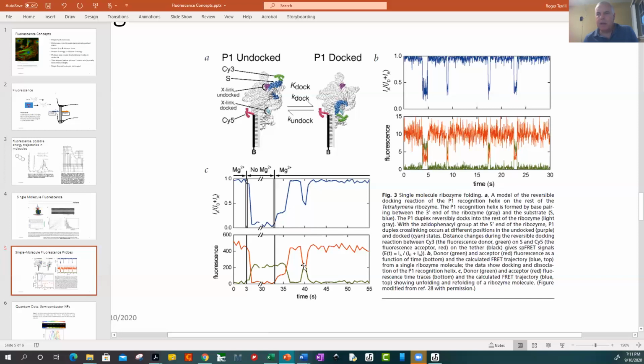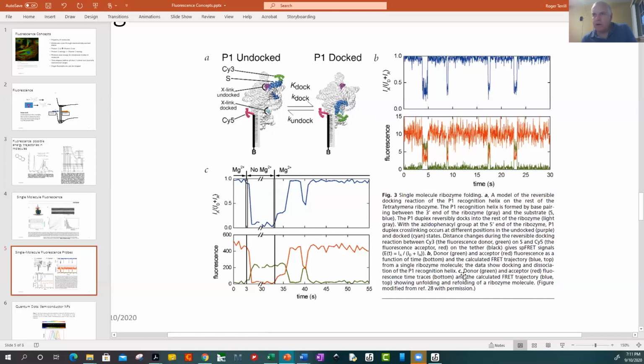And basically, when it docks, then you can transfer energy between these two dyes, right? And then what happens is you see less fluorescence from Mr. Mean Greeny Psi3 here, and more fluorescence from, oops, you see less from the red and more from the green, right? I think the colors are opposite of the actual colors of the fluorescence. That's unfortunate, but